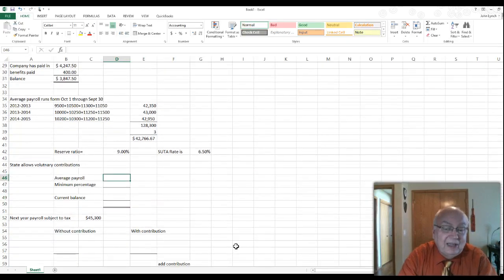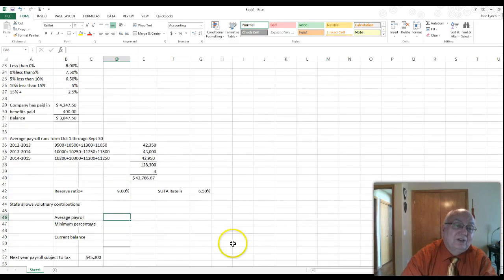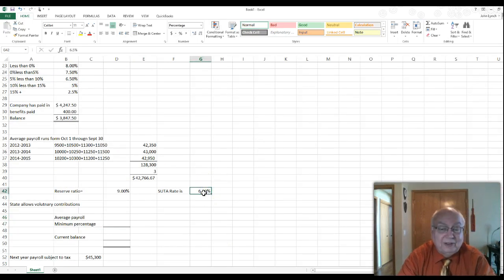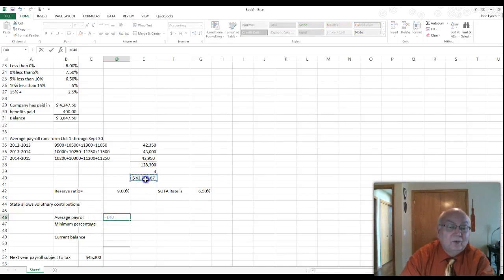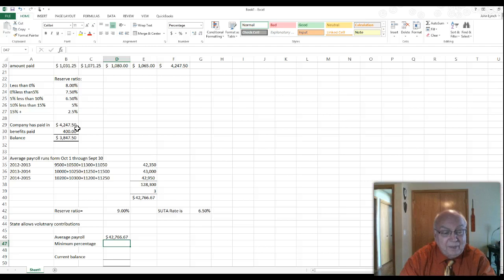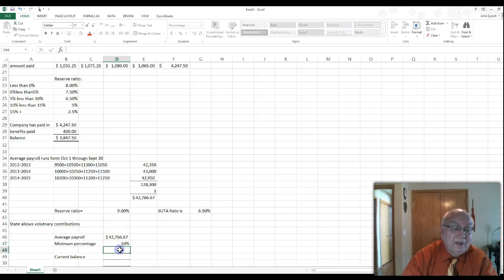Now, some states allow for a volunteer contribution, and what that's for is to try to get a lower reserve ratio. Okay, and Indiana is one of those that does allow for a contribution. Iowa does not. But what we have is the average payroll, which we calculated here, is 42,767. Now the minimum to get the how much you have to pay, we're at 6.5% right now. So to get the next lowest one, we have to have at least 10%. So that's what we put in here is 10%, which means the amount that we'd have to have in there would be these two multiplied together. Okay, which is